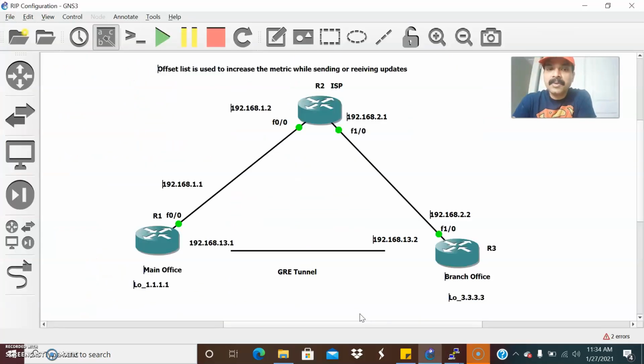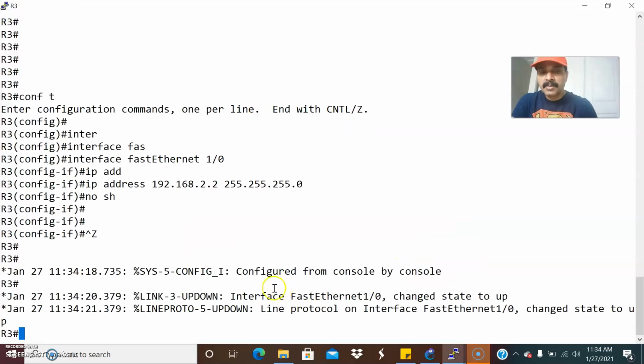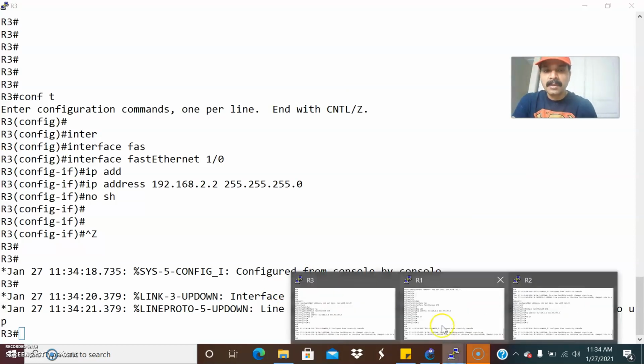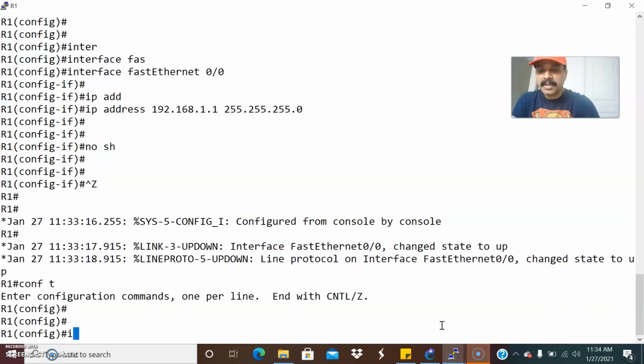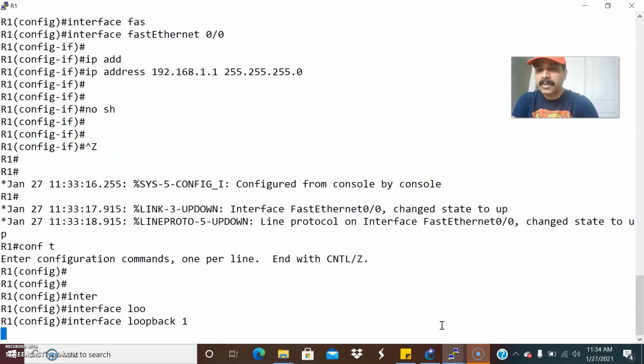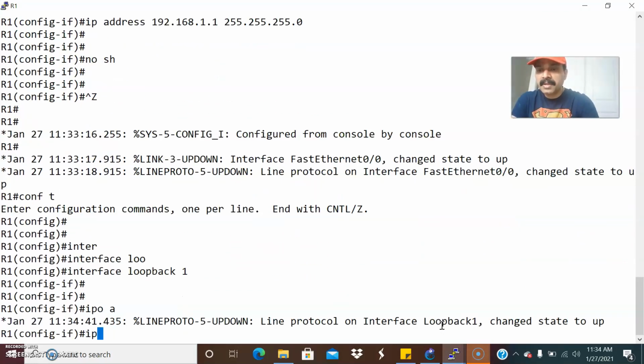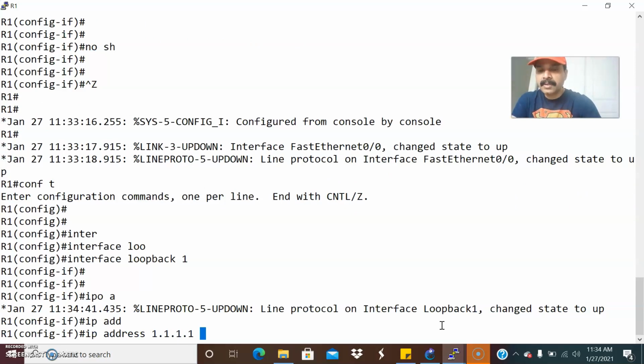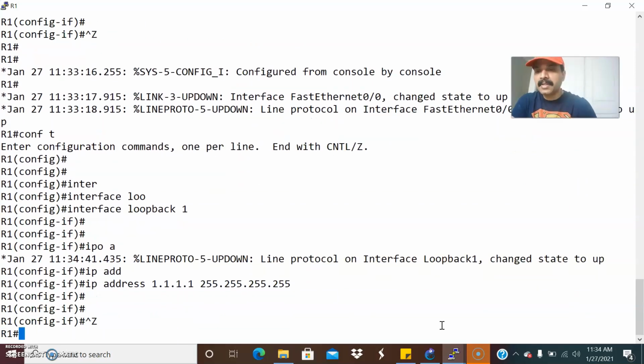These are the things I have configured now: the directly connected interfaces. Then let us define the loopback on the main office and branch office routers, because that loopback is mainly for configuring the GRE tunnel. Let us go to R1, configuration mode. Let us define loopback 1, IP address 1.1.1.1, 255.255.255.255.